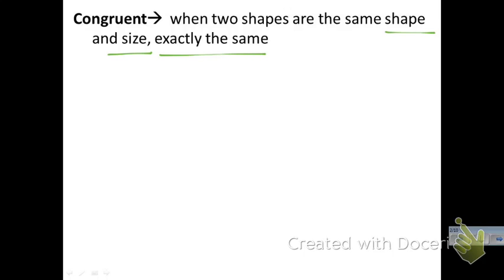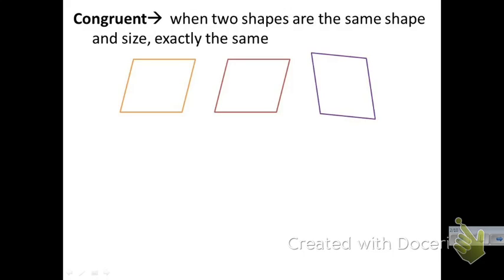So I have a picture of three parallelograms. All three of these are congruent. The symbol that we use for congruent is that little squiggly with the equals below it. And we would say these are all congruent if you notice that this one has been rotated and it's flipped on its side. So it's still congruent even though it's not in the same direction, but it does have the same shape and the